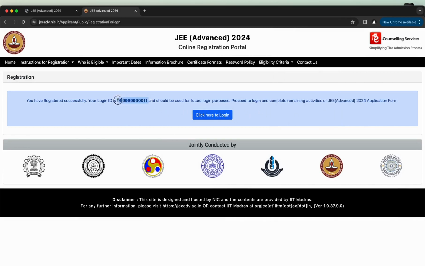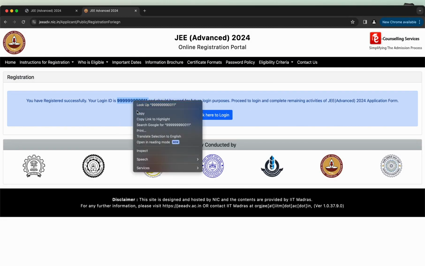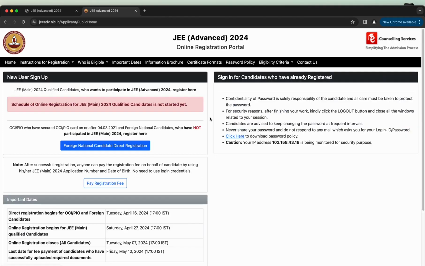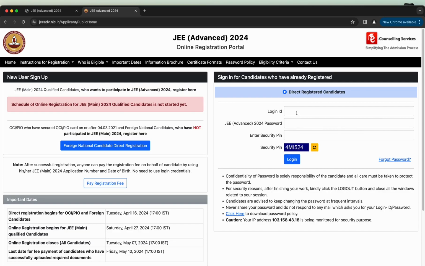Login ID is created after successful registration. Kindly note down the login ID for further login purposes. Press the Click Here to Login button to complete the remaining 2 steps of JEE Advanced 2024 application form, namely, upload of documents and payment of the registration fee.